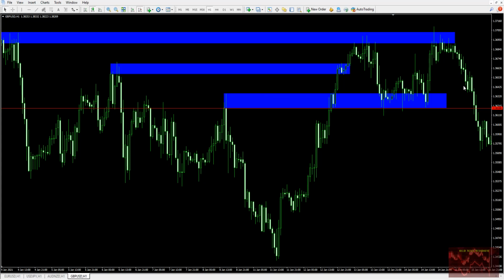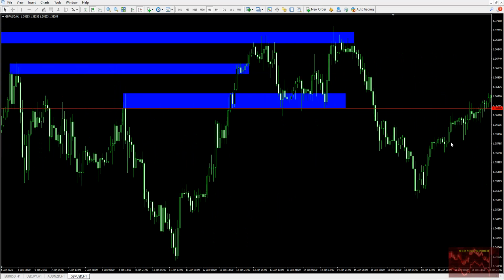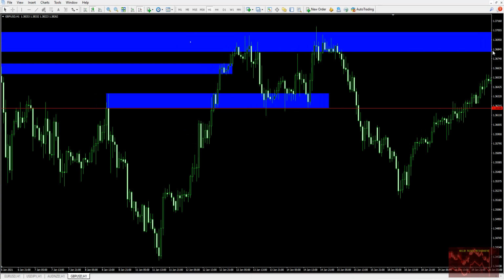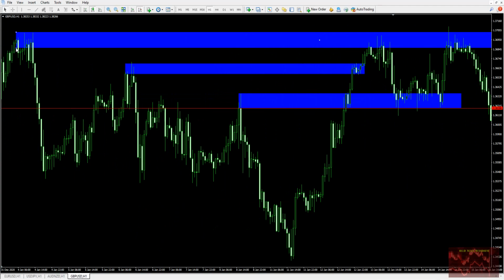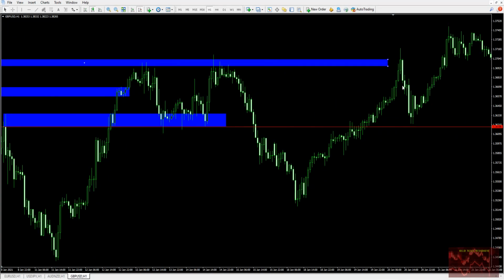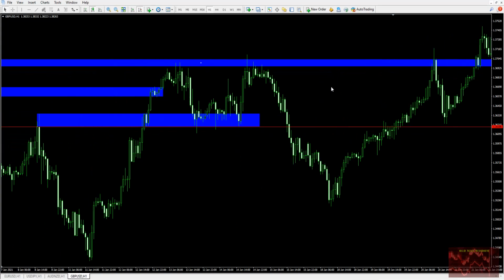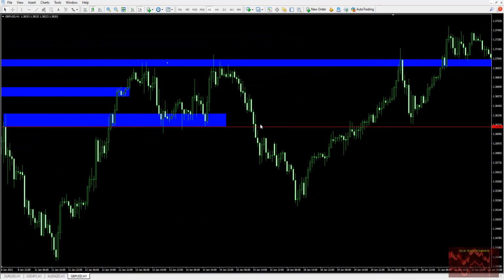Shall we carry on and see what the price does? Let's carry on. It drops dramatically down and comes all the way back up again. I can't even see where my zone was now. My zone was actually up here. So price comes all the way along, and you'll notice that I'll draw it right across. Just make sure that I've got it. Yeah, I've got it right. So price comes up all the way to here,